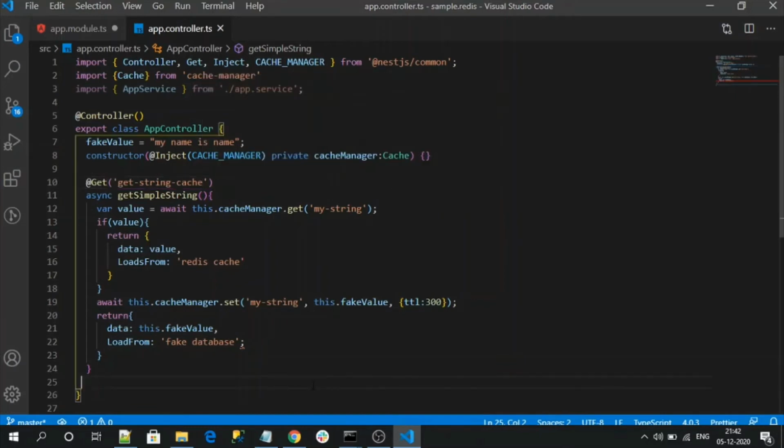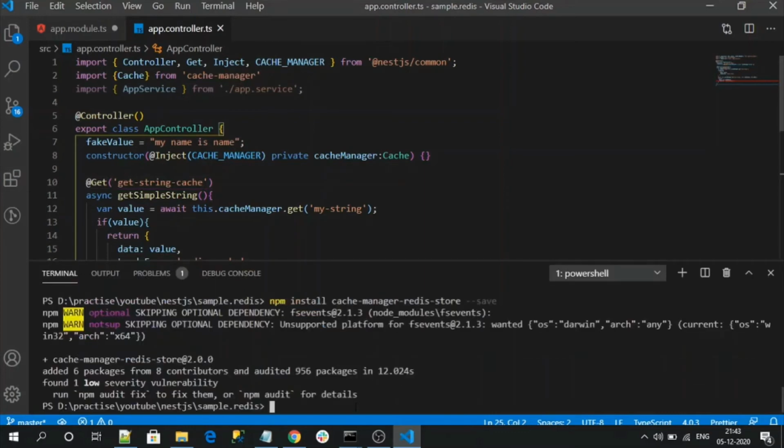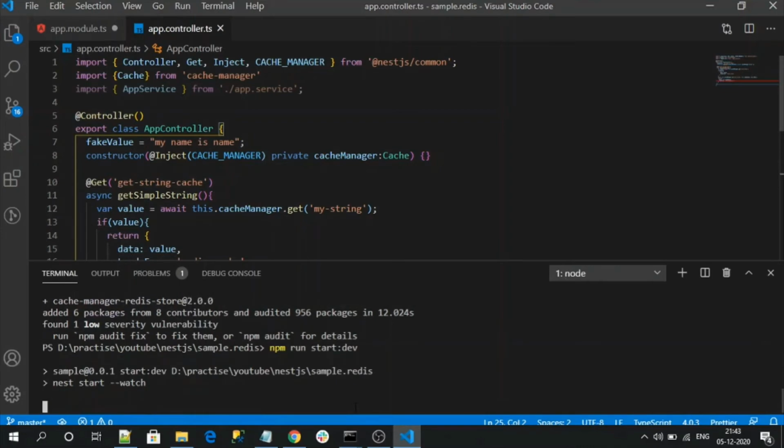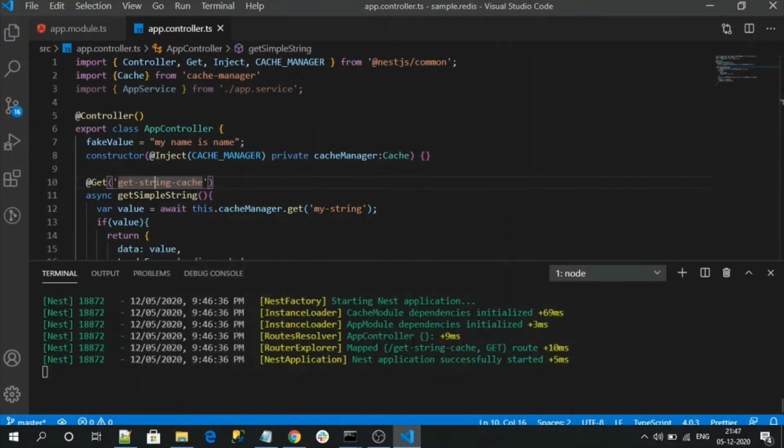So let me run our application. Our application gets started. The application got successfully built, and you can see the endpoint here. Let's copy this endpoint.